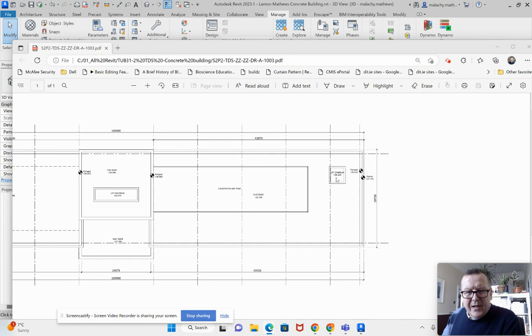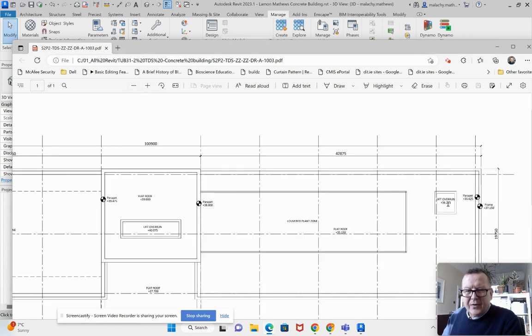So we've got the lift overrun there, if you can see that. Okay. 36.25. We've got a flat roof area here. See that line around there? That's kind of a louvered plant zone. Now, it's not plants as in vegetation. It's for all the mechanical plants and things like that. We've also got levels of parapets here and a flat roof there. You've got the lift overrun at 40.075 there. So these are really handy